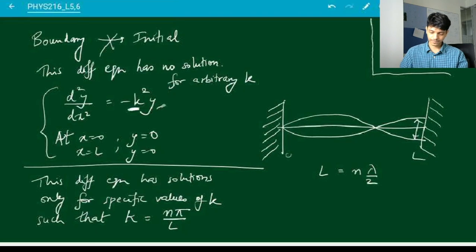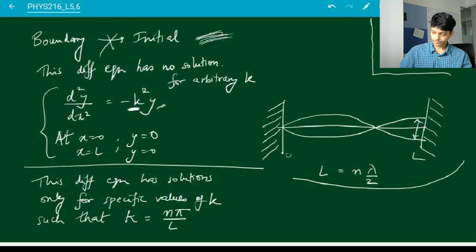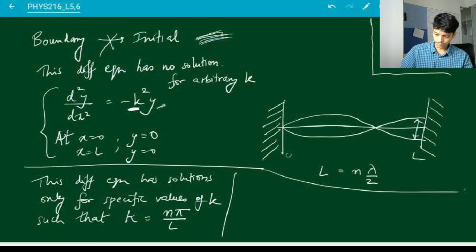So for any arbitrary value of k, you will not be able to do this kind of conversion from boundary to initial. However, if you vary your k and you check whether you are being able to convert your boundary condition into an initial condition, that will in fact tell you what are the allowed values of k. And this is the eigenvalue problem. It basically says that only certain fixed vectors or eigenvectors, which are the solutions over here, are valid. So those are the eigenvectors that you will get. In fact, the fact that only certain discrete values of k are allowed